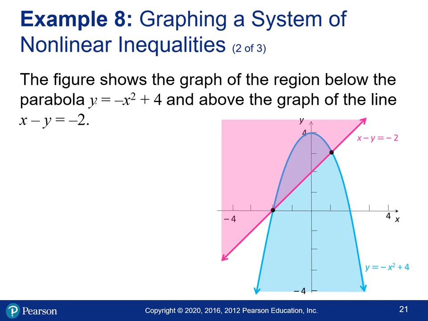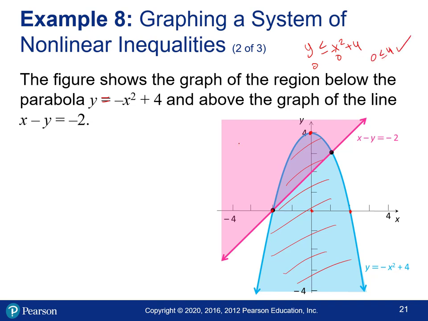All right, so for the first one, when we change it to an equal sign, we have this blue parabola here. The vertex is at (0, 4), it's opening downward, and we have our x-intercepts at negative 2 and 2. Our inequality was y is less than or equal to that parabola, and that's why we end up shading underneath it or below it. You can always test a point, like we've been doing. You could test (0, 0), and if you plug that in, you're going to get